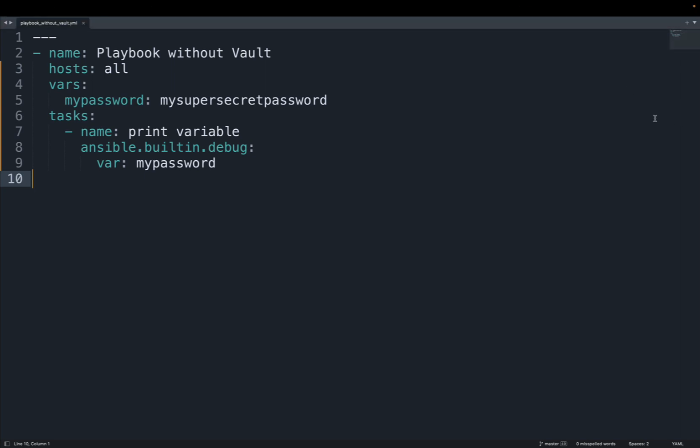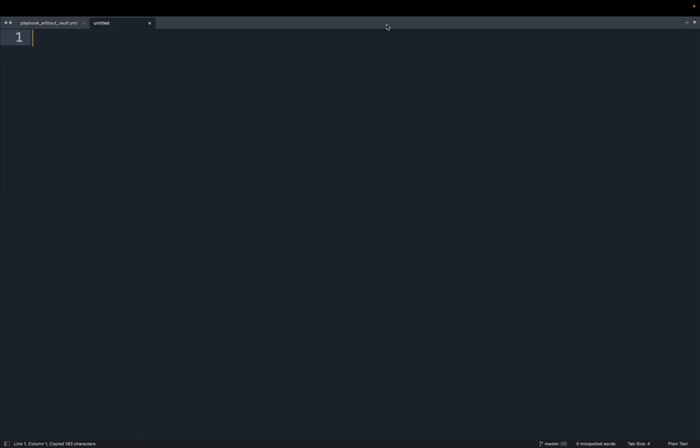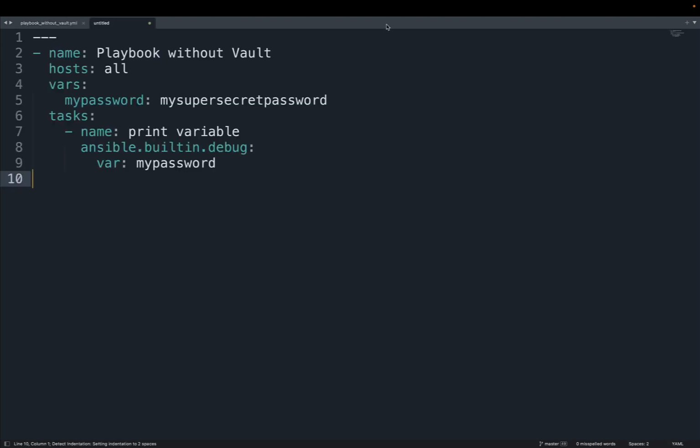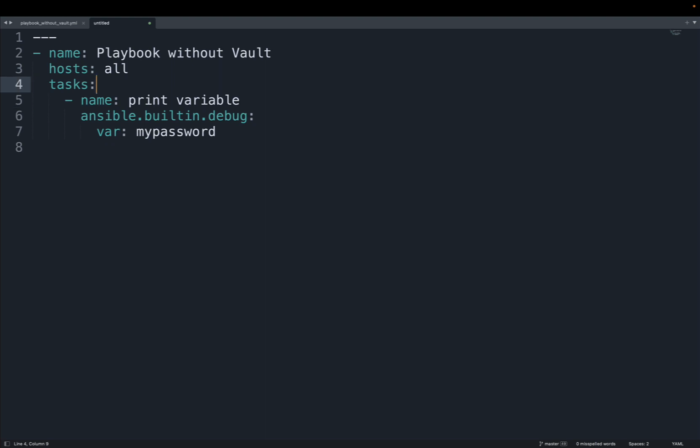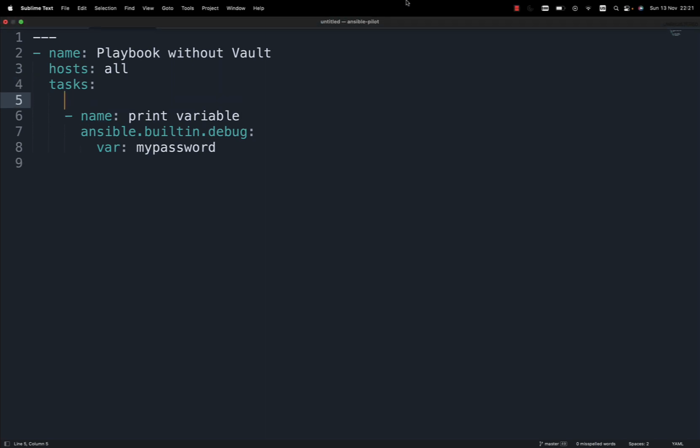So now let's improve our code to use Ansible Vault. Back in our editor, it's time to get our hands dirty. First of all, let me copy my code and open a new file. This time it will be called playbook with vault. In this Ansible playbook, I'm going to delete the variable part and substitute it with something else.